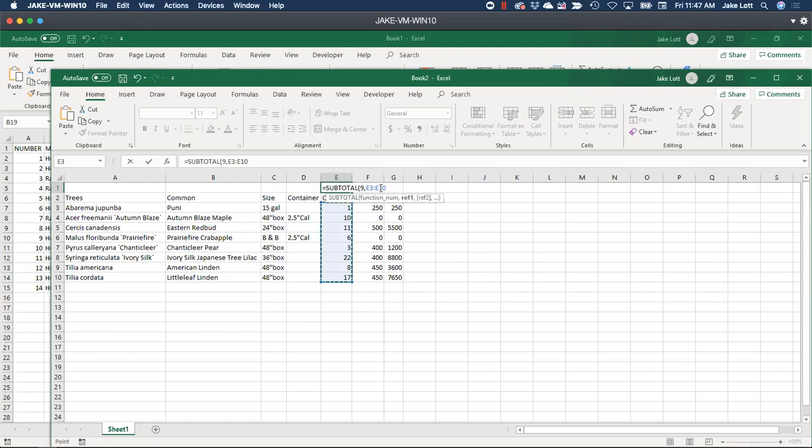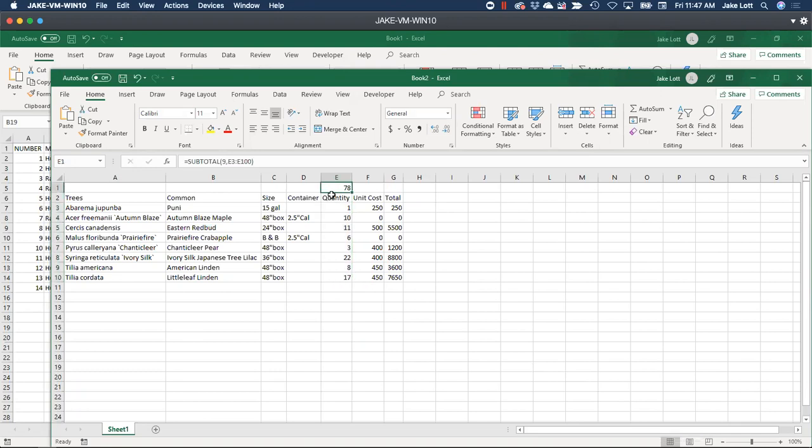Now, if you want to be safe, you could extend the range a bit, say if this was a template that you created that you can just paste into. You can make sure it accounts for as many rows as are ever going to be there. But we're going to go ahead and hit enter. So it counted all of these. If I highlight them, you can see there's a sum down at the bottom.